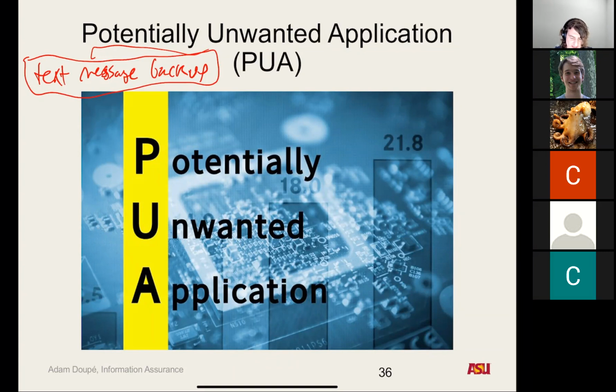And the key is, again, it comes back to consent, right? Who's actually installing this? And of course, if you're installing this maliciously on somebody else's phone, this is clearly unwanted. So it's in a similar category to spyware, right? Spyware is a little bit older term, but this potentially unwanted application is super interesting because there's a really interesting area here of, is this really malware? Is it a bad thing? Is it a good thing? I mean, it can be used for harm, but maybe it can be used for good. And how do you decide between them?